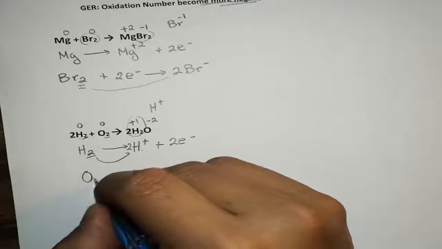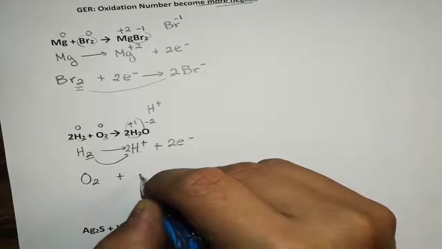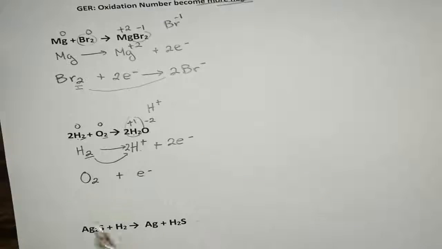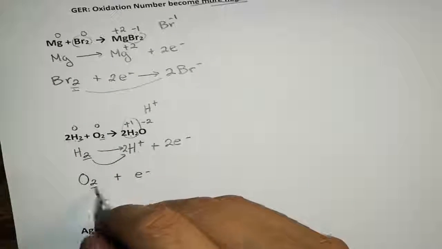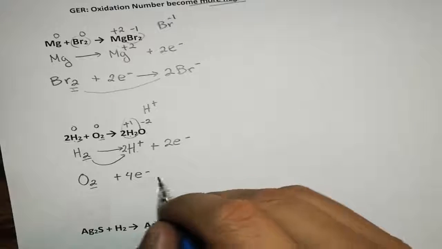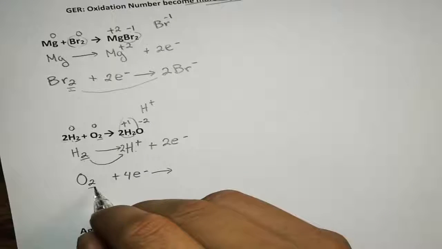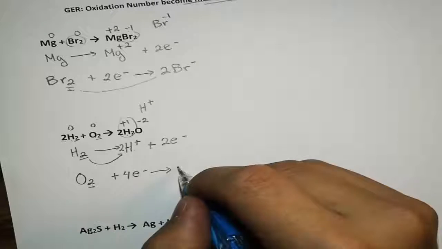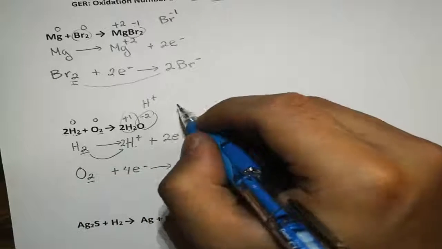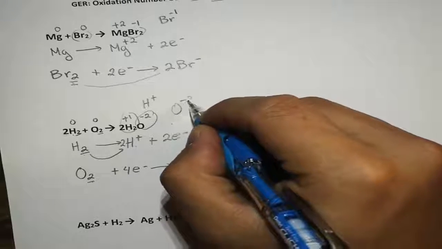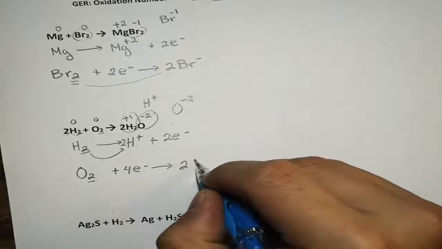So we have O2, okay? So O2 is going to gain a certain number of electrons. Remember, each one of the oxygen gains 2, and we have 2 of that. So that means we're going to gain 4 electrons total. And because there are 2 oxygen here, we know that the number, based on the oxidation number of oxygen, or oxide specifically, is -2. So therefore, there must be 2 of